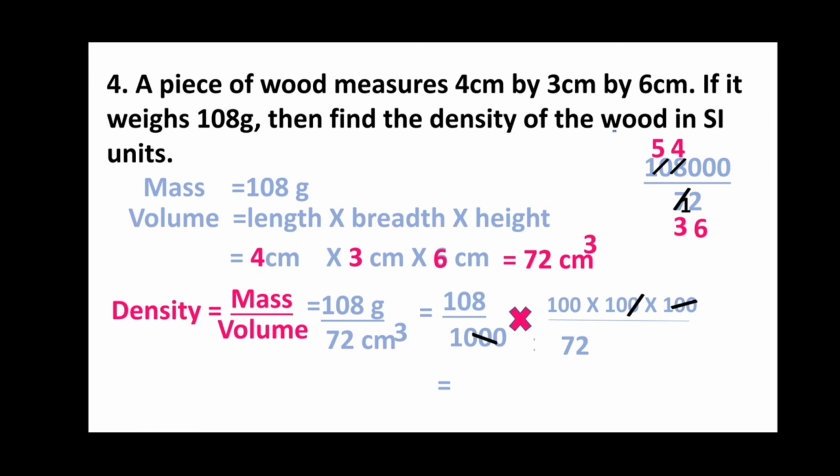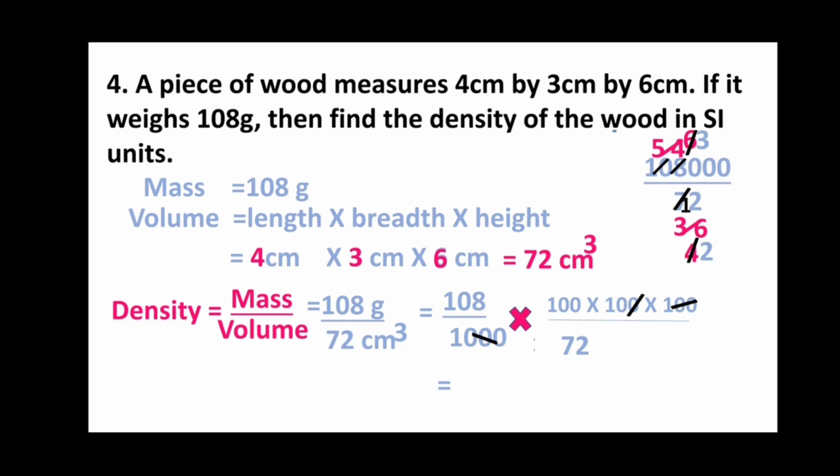So we know that 9's table will go 4 times in 36 and 9's table will go 6 times in 54. Then again we are getting 6 and 4. Which multiplication table will go in common? 2's multiplication table. How many times 2 will go in 6? 3 times. How many times 2 will go in 4? 2 times. So we got 3 divided by 2. We know that 3 divided by 2 is how much? 1.5.